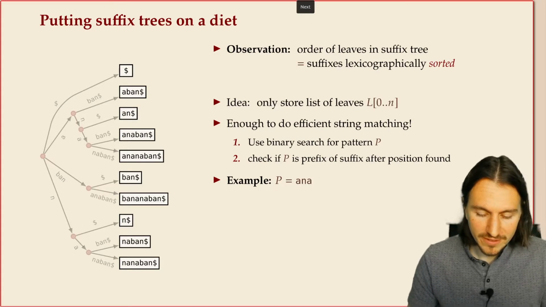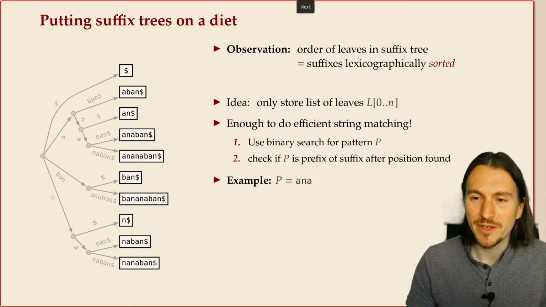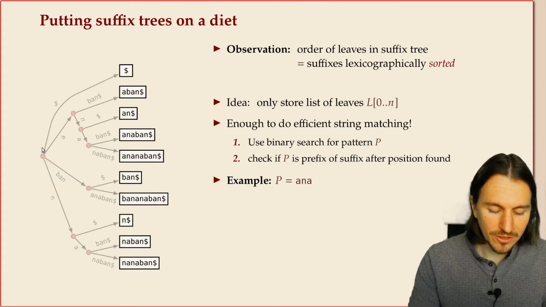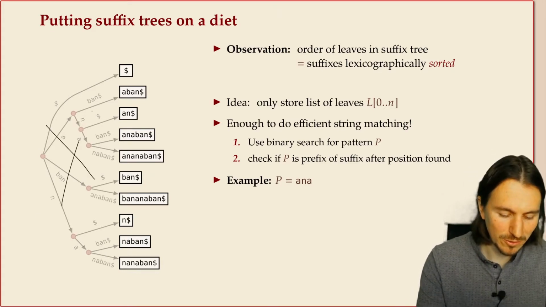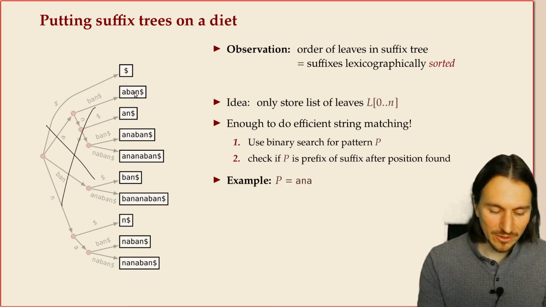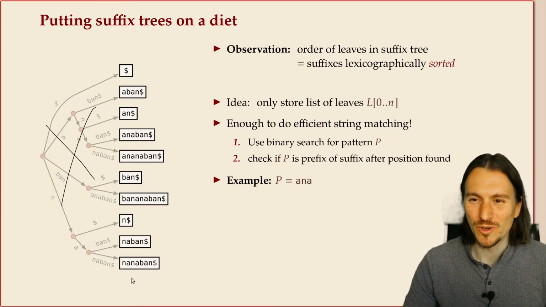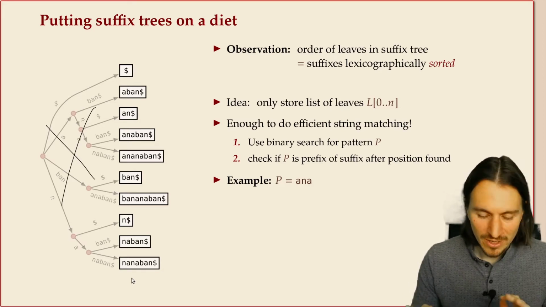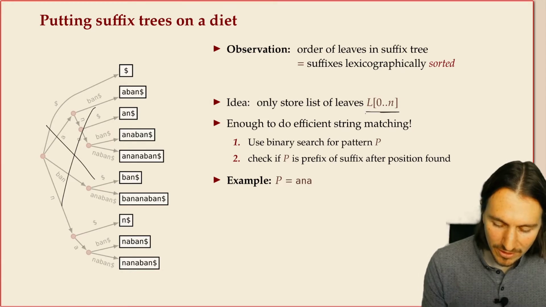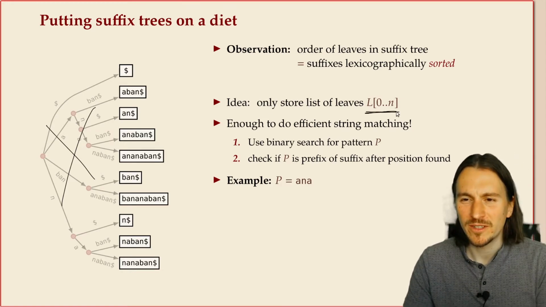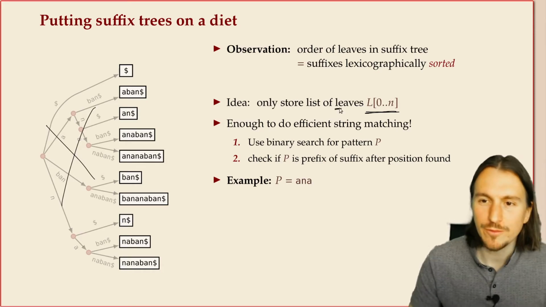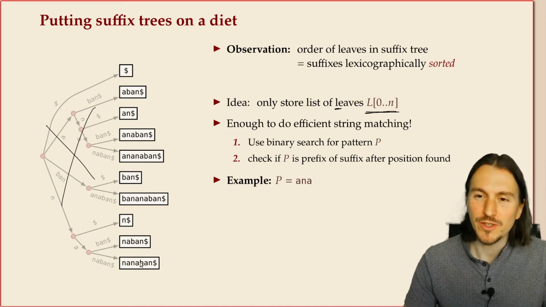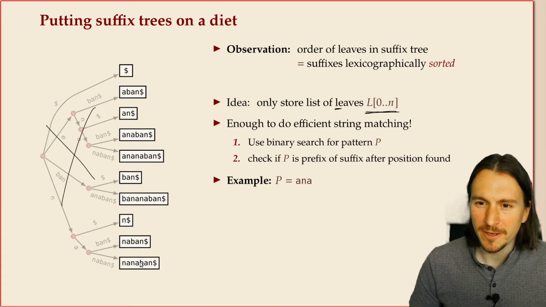But what we'll do now is essentially ignore all this part on the left, throw away the entire tree if you want, and only keep this list of sorted suffixes. That is the suffix array. More specifically, we store an array L, and I tend to think of L to stand for leaves. That's the leaves of the suffix array. And remember,